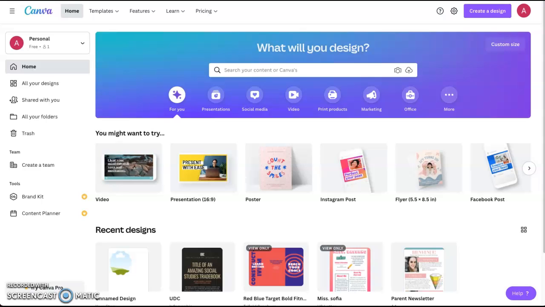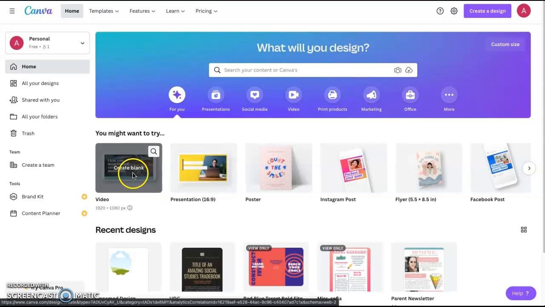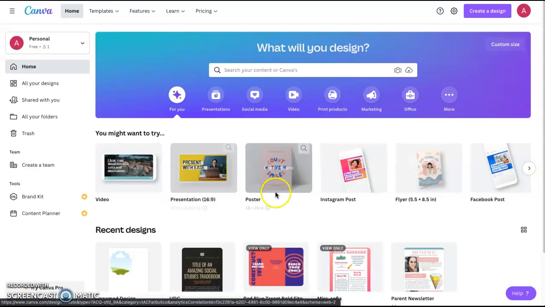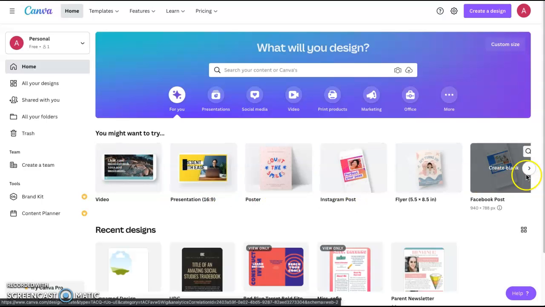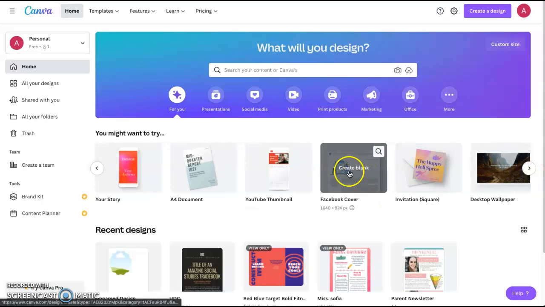Hello there. Just wanted to walk us through an example of how you might use a program like Canva to create a digital expression. Now, when you log into Canva, and really any of these programs, you're going to get a variety of options. You can make a video, a presentation, a poster, an Instagram post, and you want to think about what you feel would best capture a representation of the way you're